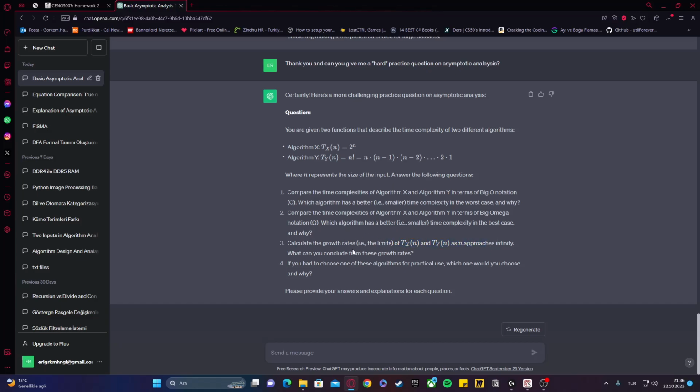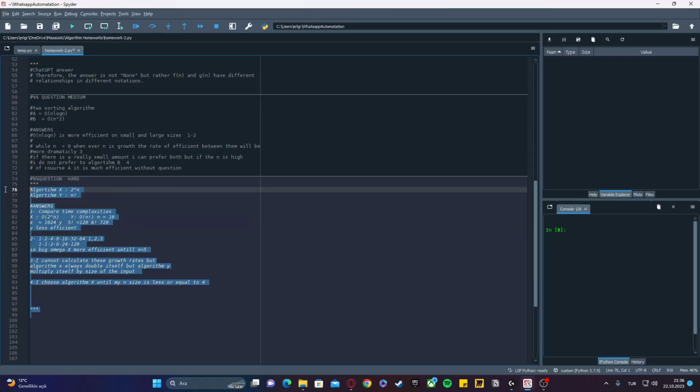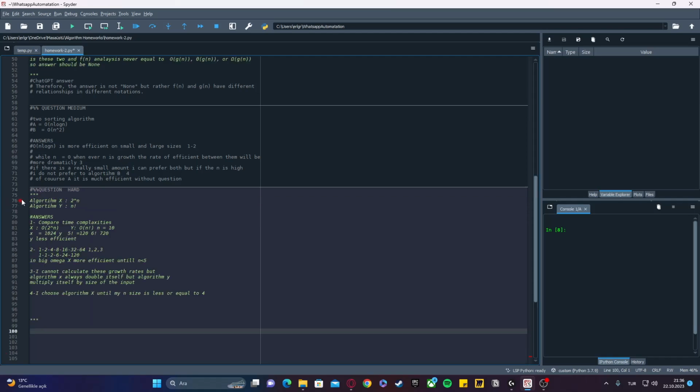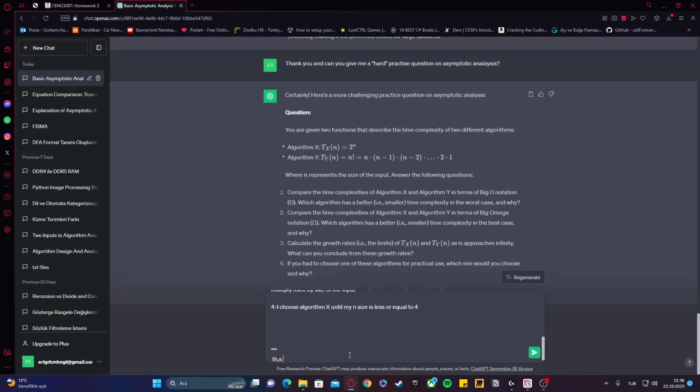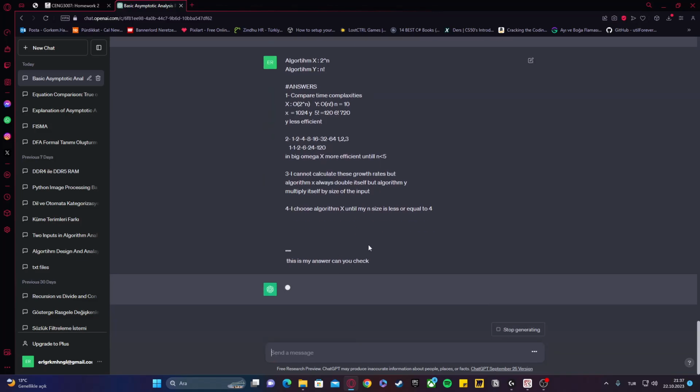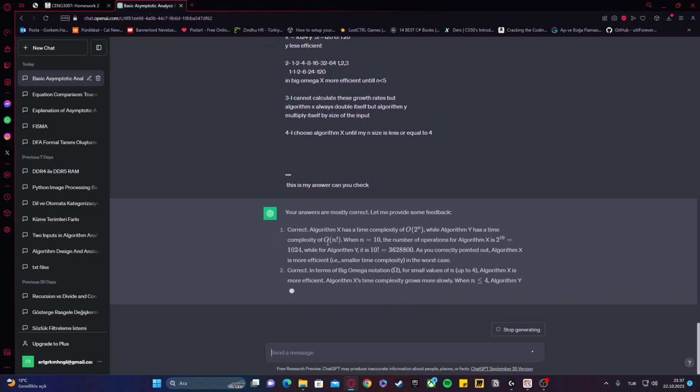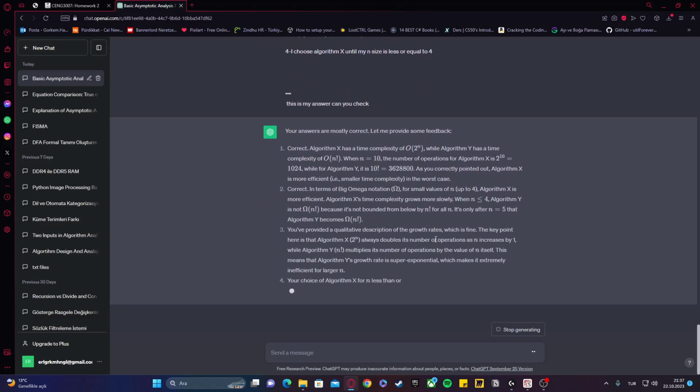As we mentioned here, if I have to choose one of these algorithms, I prefer to choose algorithm X. It always will be more efficient. And I forgot to give the answer of it. It gives me the correct answer, and